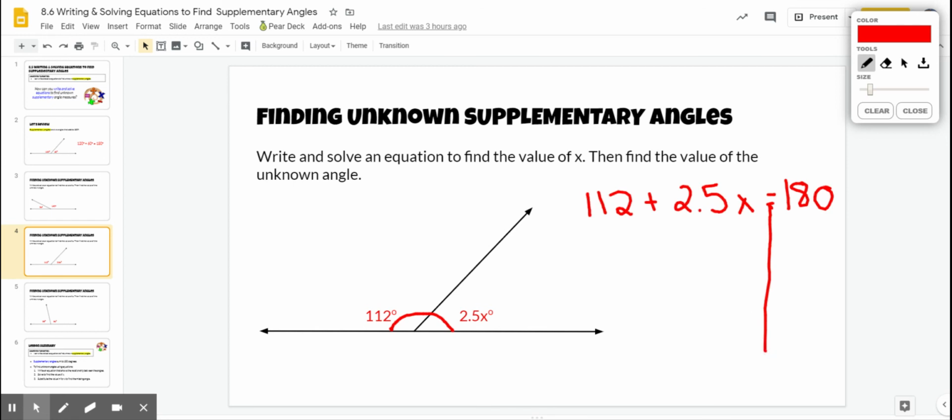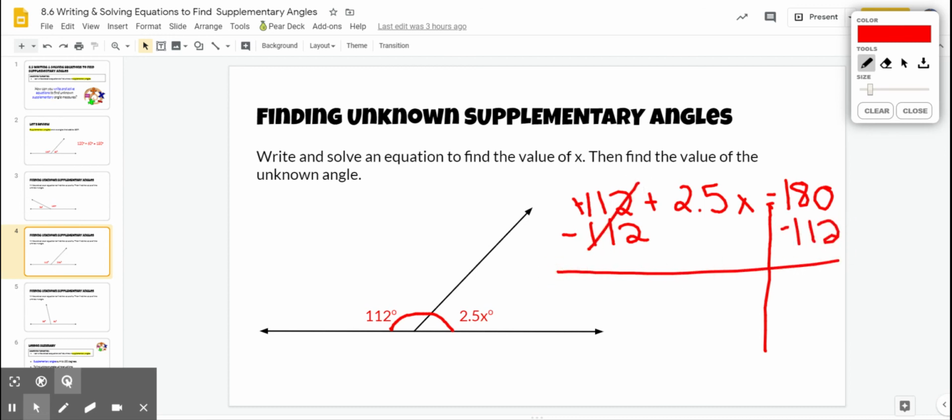So let's drop our line. Because this is in a little bit of a different order, I still need to deal with this constant value over here. I'm not going to touch the x yet. It doesn't have a sign there, but we know that's positive 112. So we're going to subtract 112 from both sides to balance our equation. Inverse cancel. We're left on this side with 2.5x is equal to,